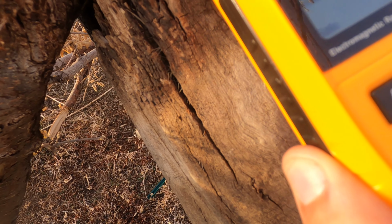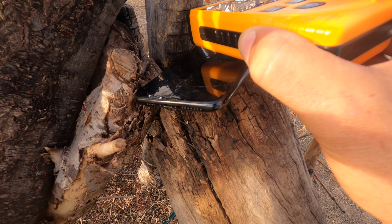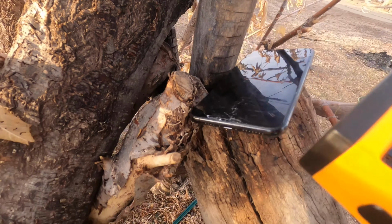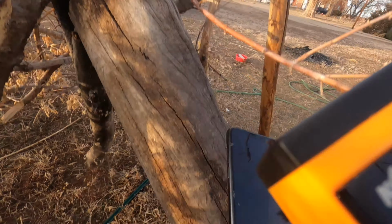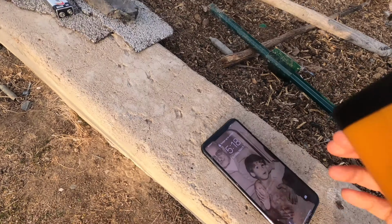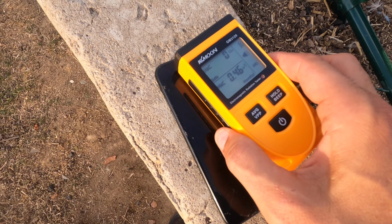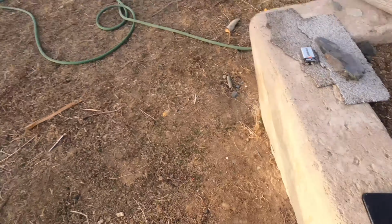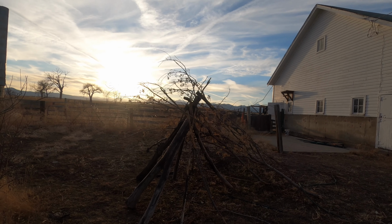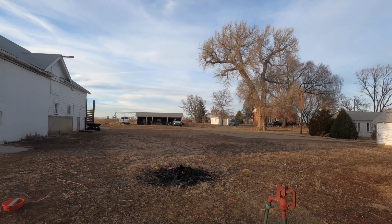The teepee itself is not giving me much of a reading, and the actual cell phone is not giving much of a reading either. If I take the cell phone out of there, let's have a look here. There you have it, my friends. The teepee is doing something. Maybe it's absorbing the energy, the harmful frequency, and also makes it so that you can receive signals from far